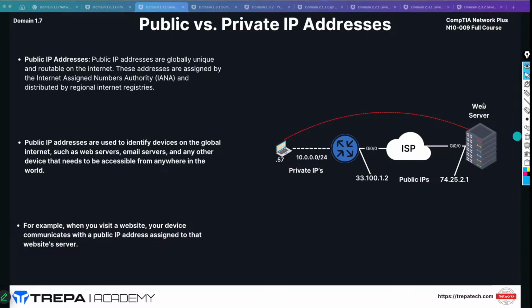And let's define this a little bit. So remember, public versus private. We're running out of IP address spaces, so they made private IP address ranges. You can see that IANA did that. So private IP addresses, these ranges that you'll need to know, they split them up into 3 different ranges. A class A range, which is